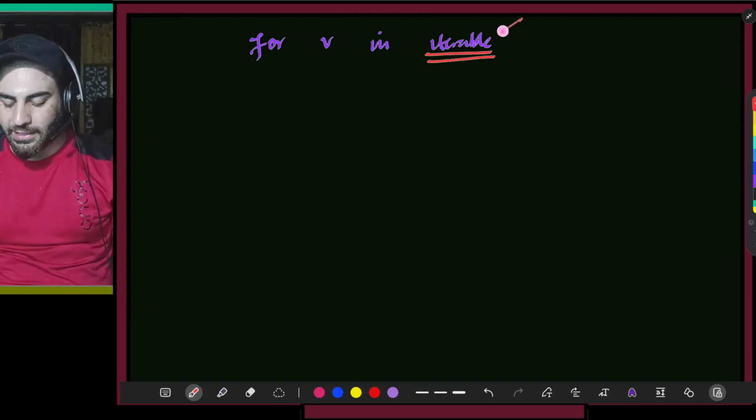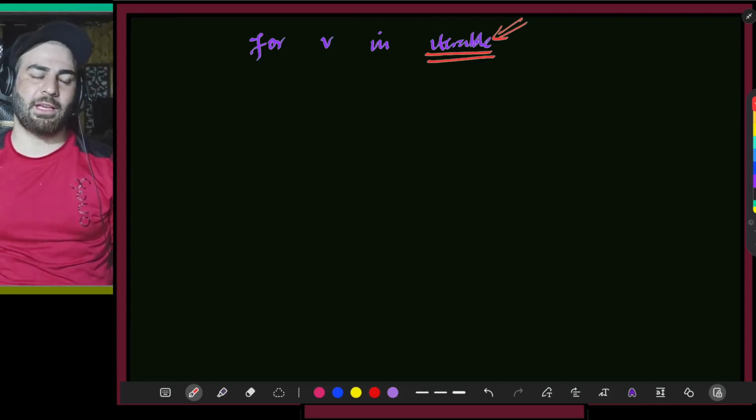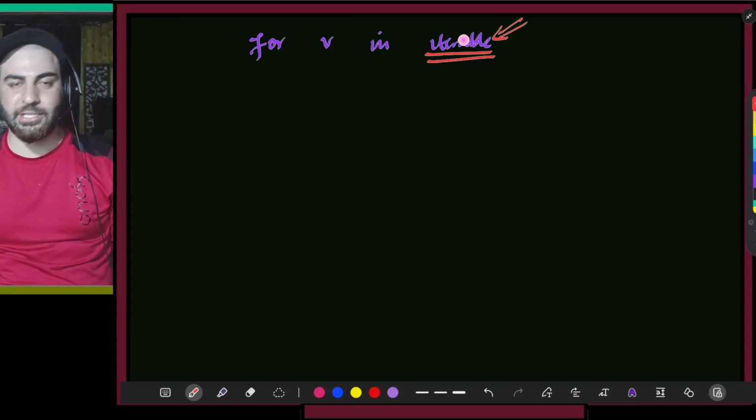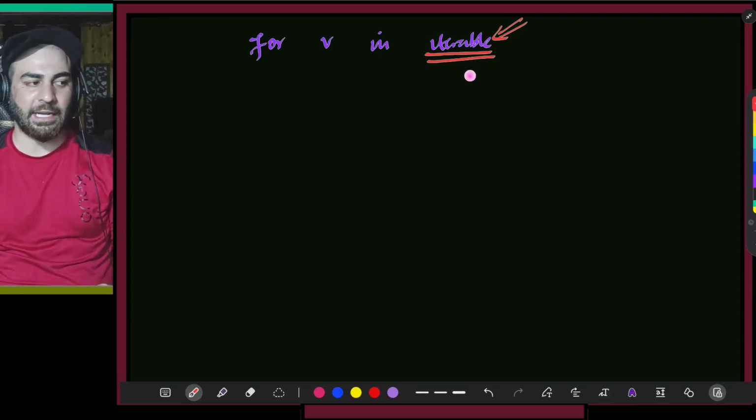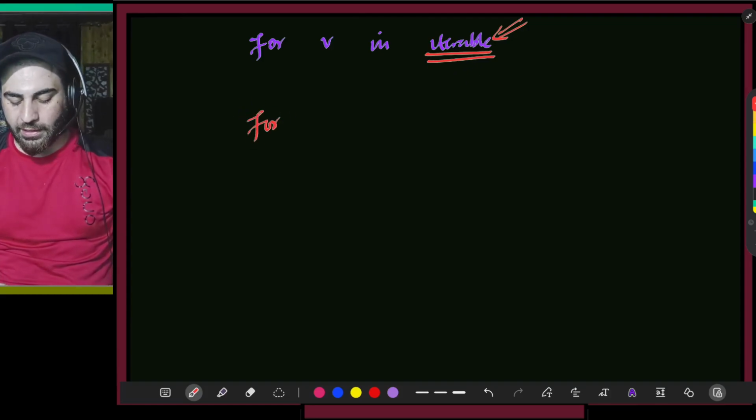So how do we create this iterable? Probably many of you will hear it for the first time. We use range here. Range is again a function, and it will basically create an iterable over here. So if I say for i in range,